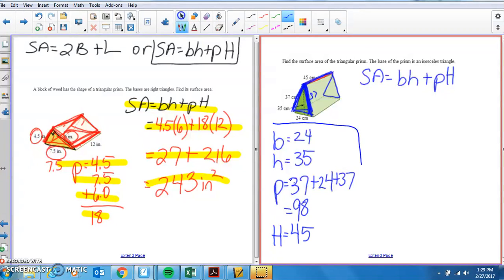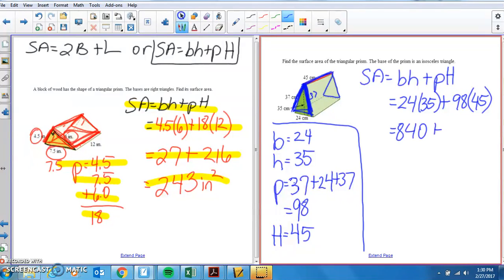Now I've got everything listed here. All we have to do is substitute into the formula. My base is 24. My height is 35. The perimeter is 98. And the height is 45. Now you're going to come up with some big numbers as you're doing this. So 24 times 35, you get 840. 98 times 45,